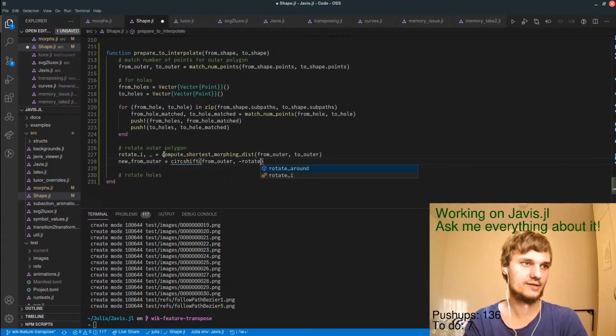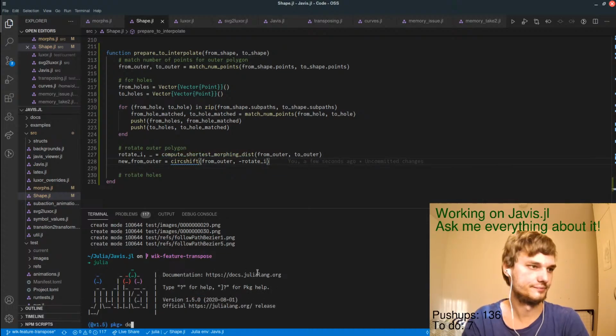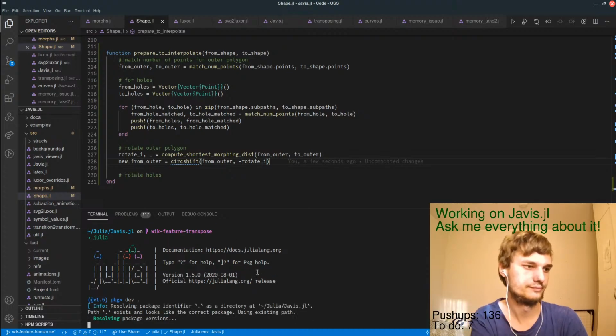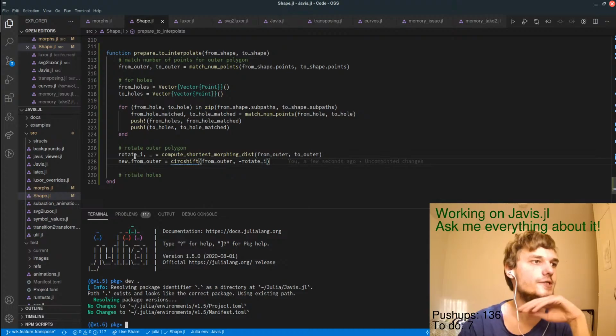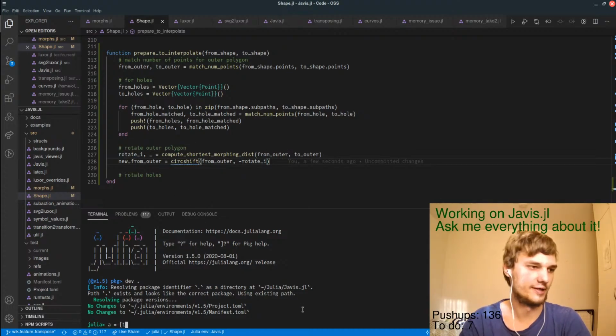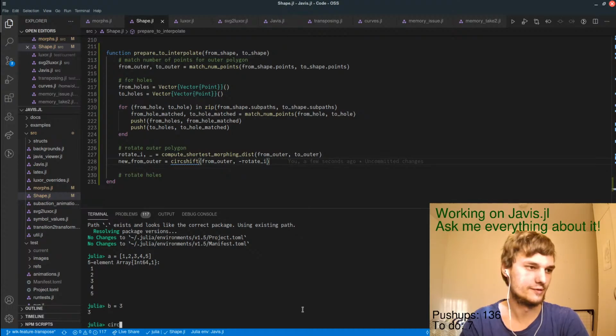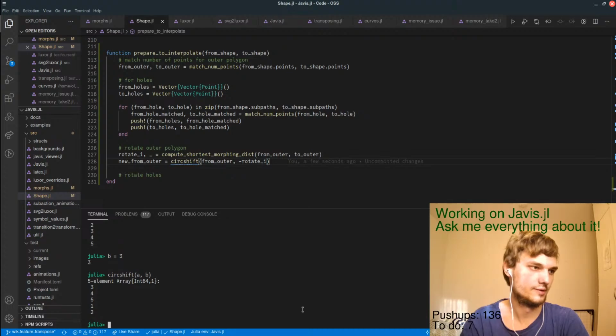I think I can just do this, but let me check on that. So basically, this rotate I gives me the first index I want to have. So if I have 1, 2, 3, 4, 5, and I have starting with 3, circ, shift, A, B. Oh, yeah, that's the problem.